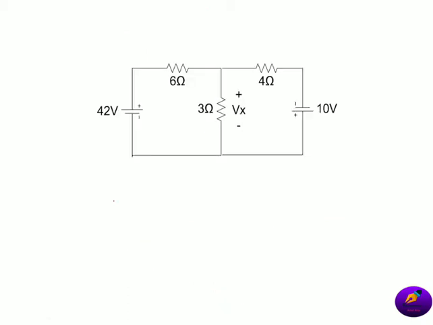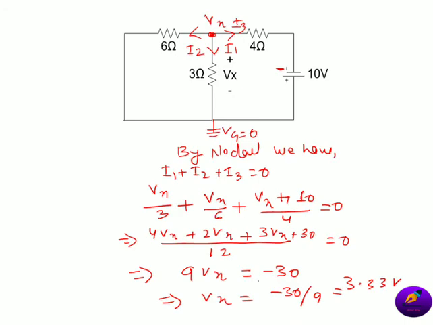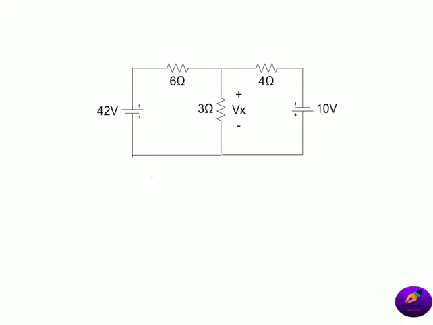Now adding both, it is a minus sign. Now adding both the Vx, we will get Vx total, that is 9.33 minus 3.33, that is equal to 6 volt, and this one is the answer.